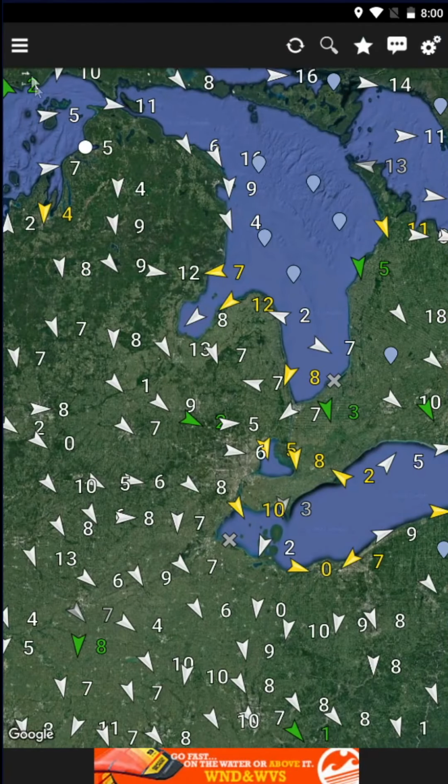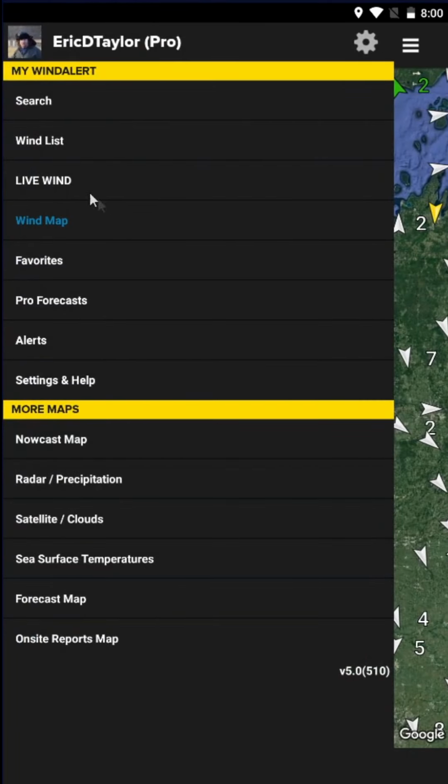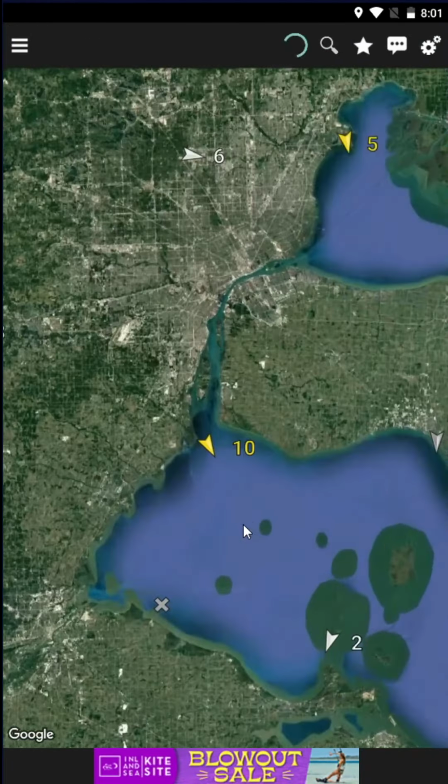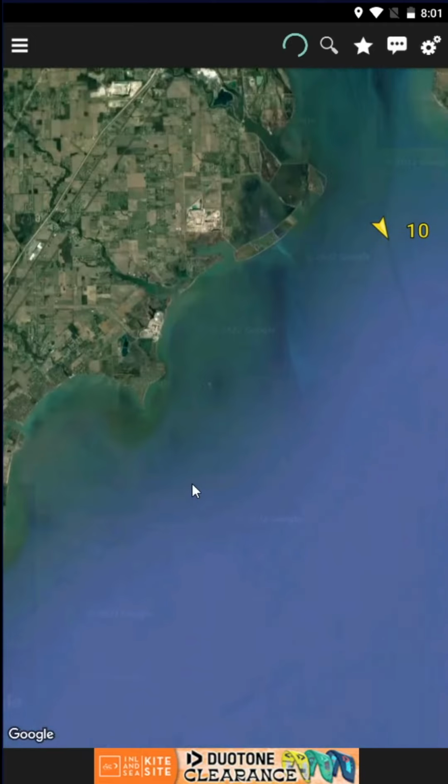If you're in iKitesurf or Wind Alert, never use live wind. That has some projections that are not useful because you can't really disentangle what model's happening. You want to use either forecast map, which is what I'm using now to look at the forecast, or wind map to pull up where the meters are and where the spots are. So let's go in here, zoom in a little,